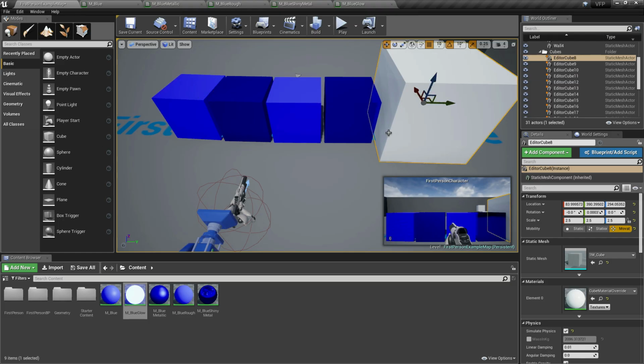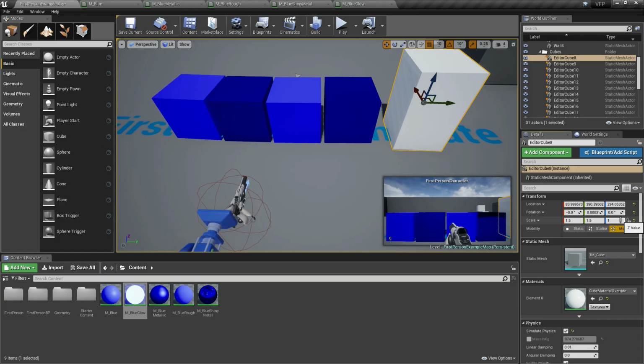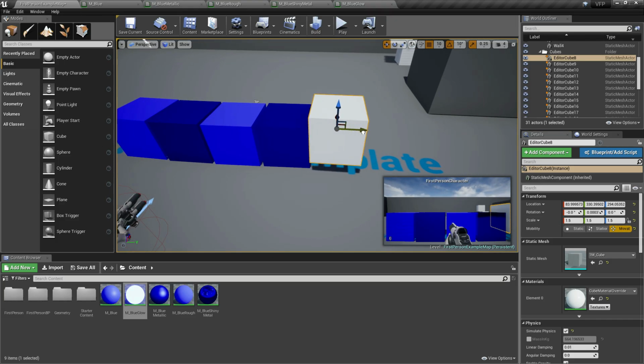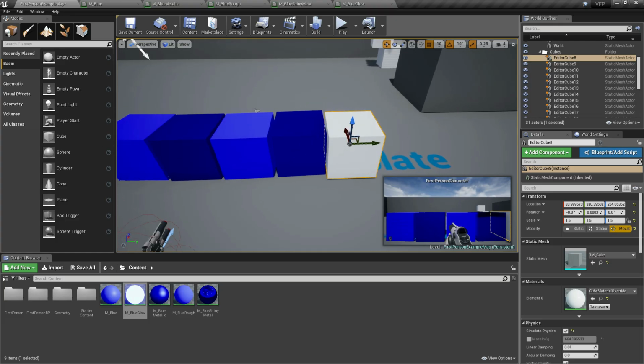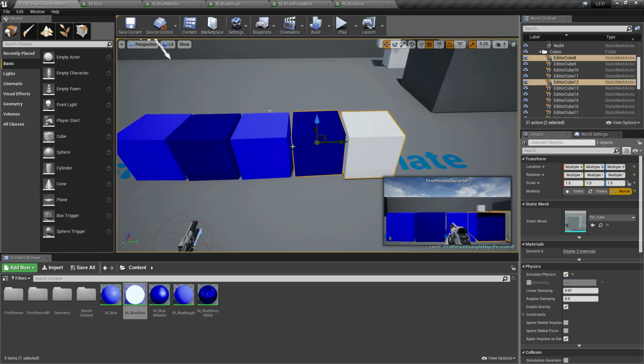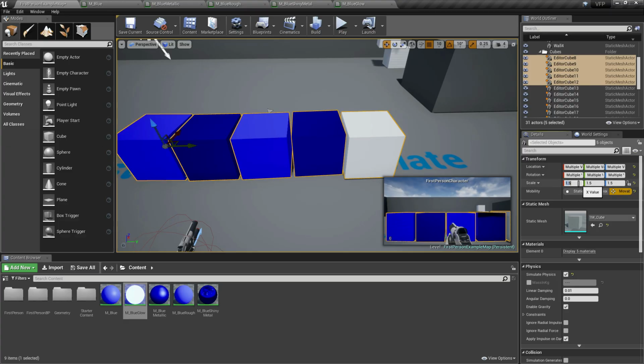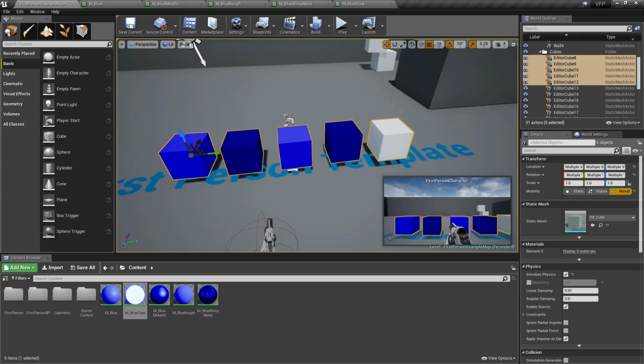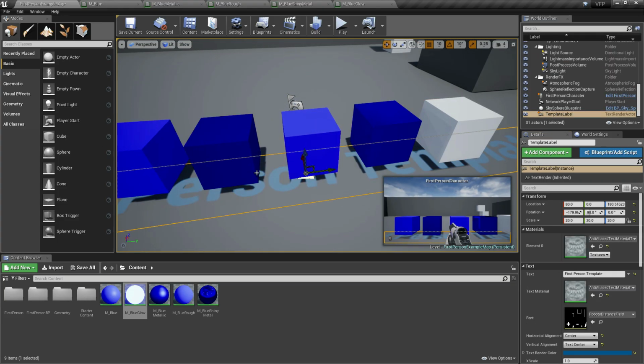So let's reduce the scale from 2.5 to 1.5. Well, still too large. So let's reduce this to 1. Let's reduce all five actors' sizes to a scale of 1.